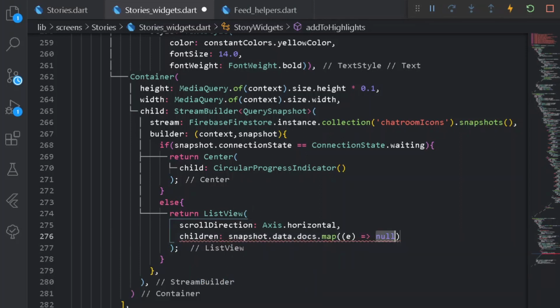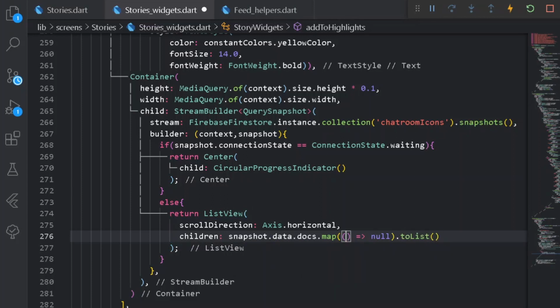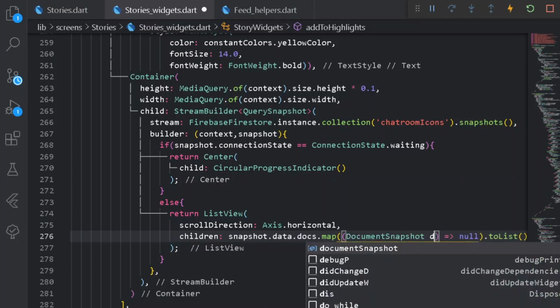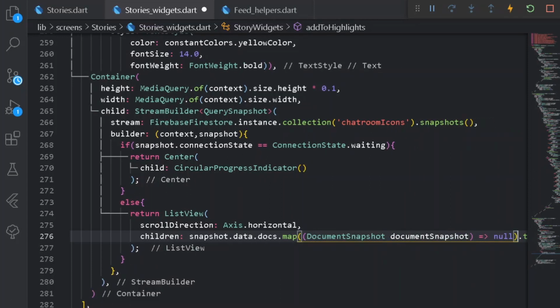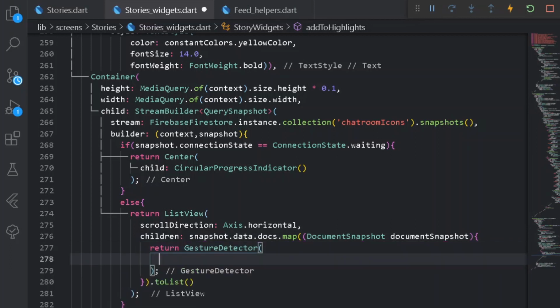Let's have children to it for snapshot.data.docs.map. Let's map the following thing in the form of toList. Easy. Let's have a DocumentSnapshot here, and here we can simply remove the null option, and let's return. Alright, so let's have a bracket here and remove the null option from here, and let's return a GestureDetector. Under the GestureDetector, let's have a child to be a Container.